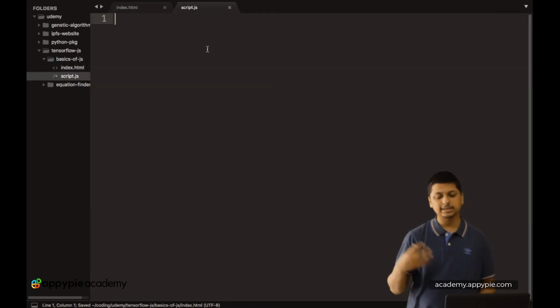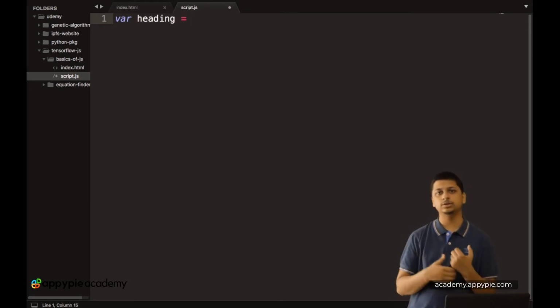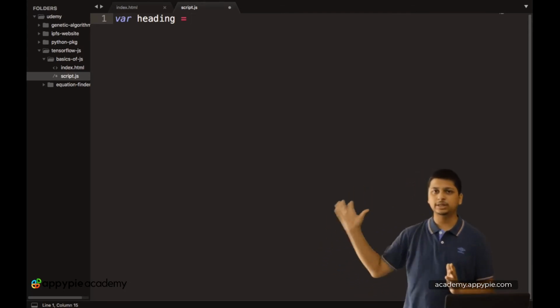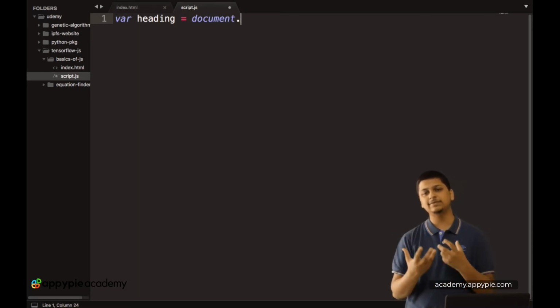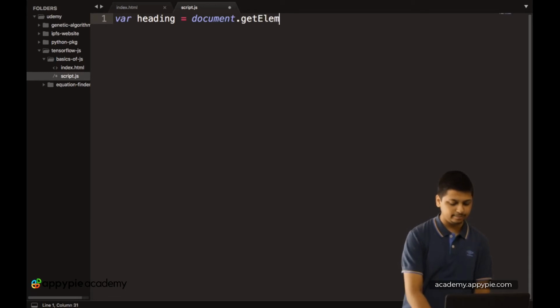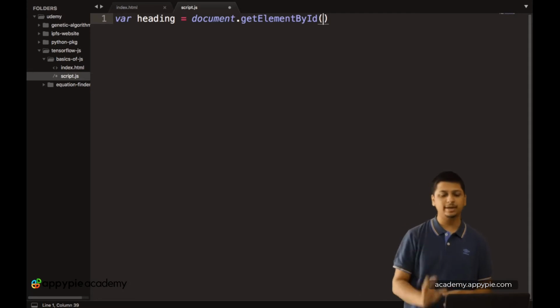So now let's go inside the script.js, and over here let's declare a new variable. Let's call this heading, and let's make this equal to the h1 found in the HTML file. To do that, we have to use the document object dot, and the method is getElementById. getElementById basically takes in an ID and gives you the corresponding element back.